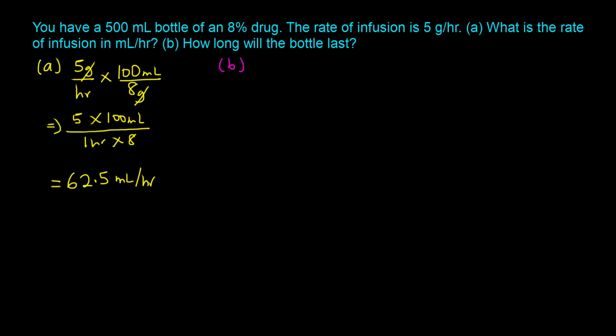And here we are required to find how long the bottle will last. So the approach would be to take the 500 milliliter bottle and essentially divide that by the flow rate that we found in part A. But since we are using dimensional analysis, this is how it's going to look. We will start off with the 500 milliliter bottle, and we will make use of the flow rate information from part A, which tells us that in every hour, the patient is going to receive